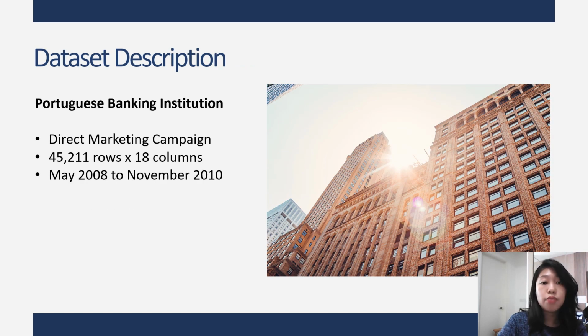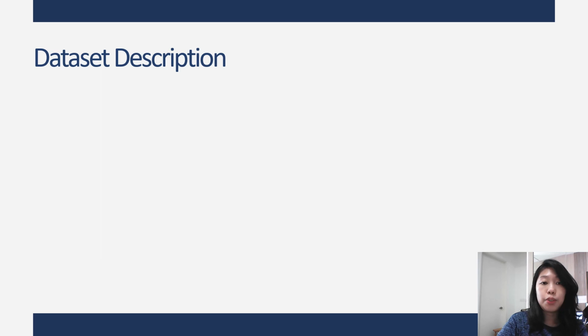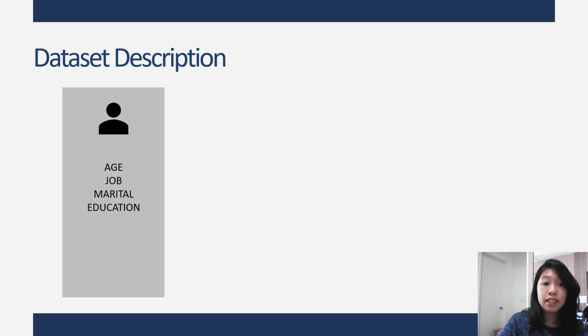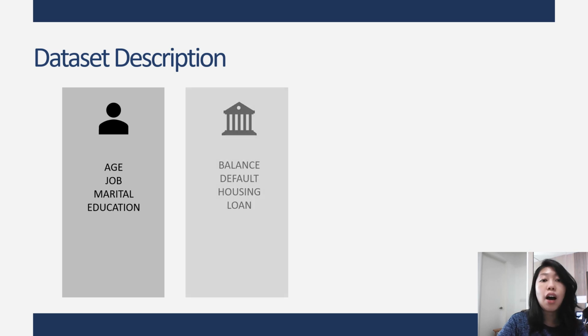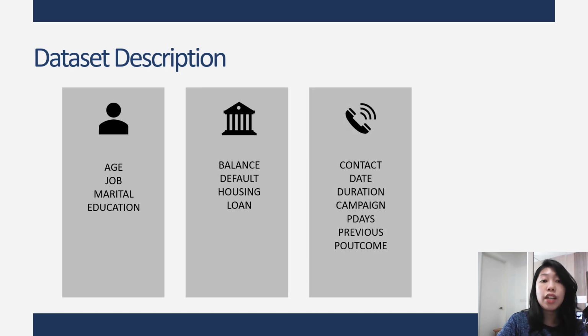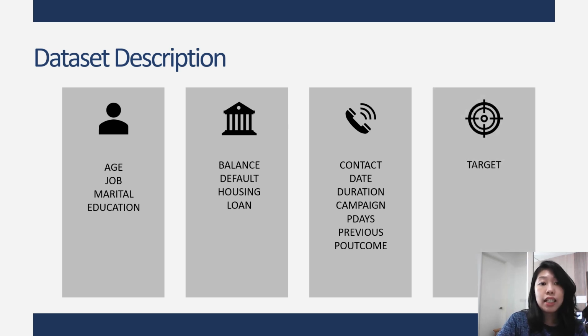The dataset used is from a Portuguese bank. This dataset is publicly available from UCI's website. It contains the telemarketing campaigns carried out from 2008 to 2010. It has over 40,000 rows with 18 attributes. Of the attributes, some are customer demographic related, such as client job and client age, and financial status related, such as bank balance and housing loan. It also contains responses from the telemarketing campaigns, such as contact, last duration, campaign periods, and lastly, our target variable: whether the customer took the term deposit.